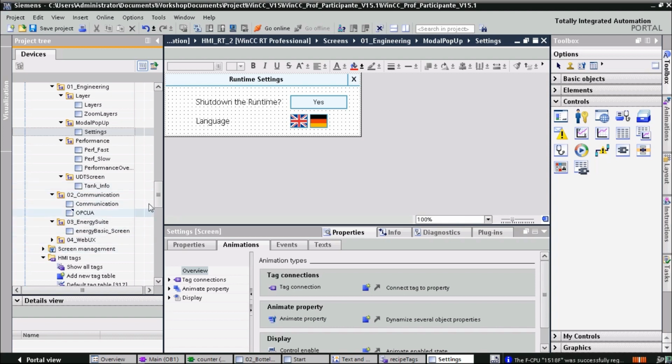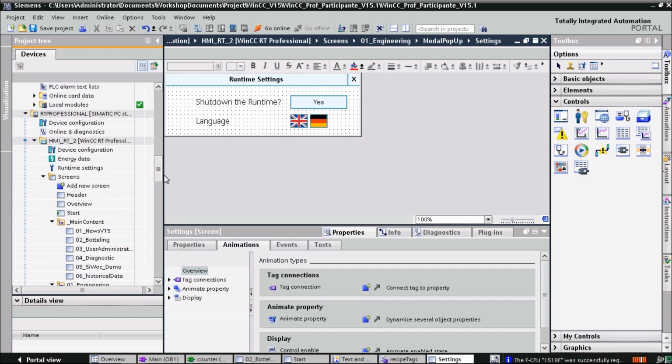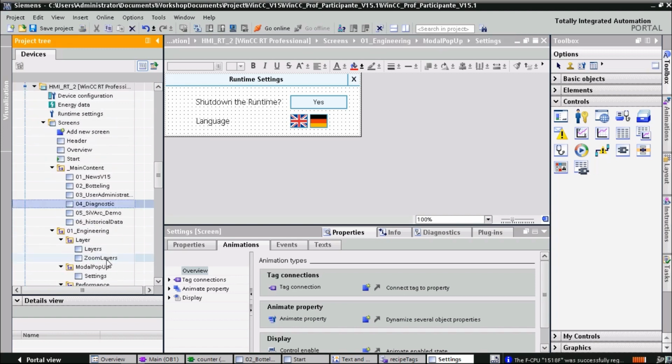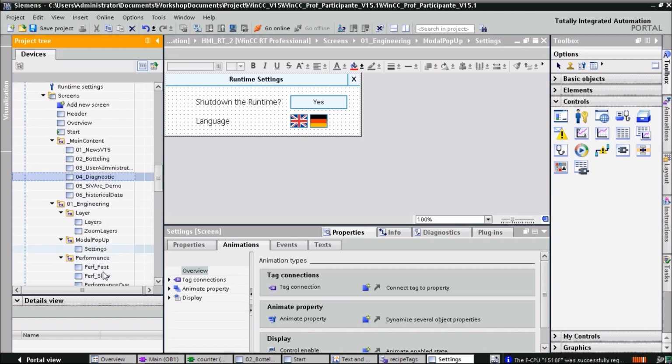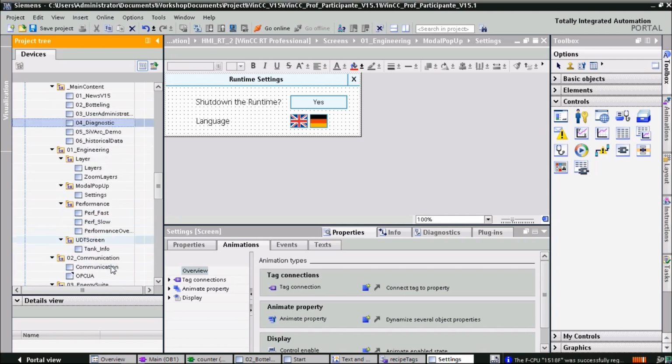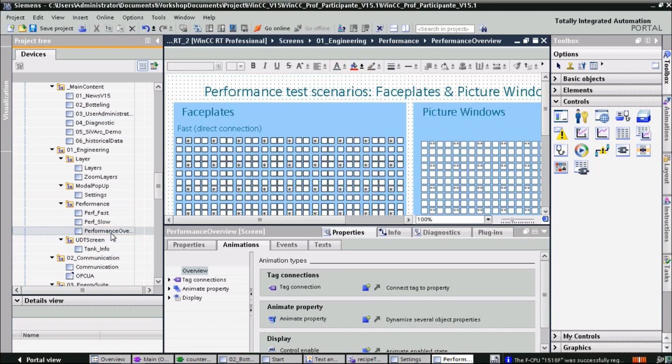I also included a picture window, which is then going to be our modal pop-up, similar to the one yesterday as well, which is the settings pop-up, and when we switch to the header picture window and click on the green arrow for the displayed screen, we get a jump into the actual screen. And there we find again, when we click on, for example, the bottling button,